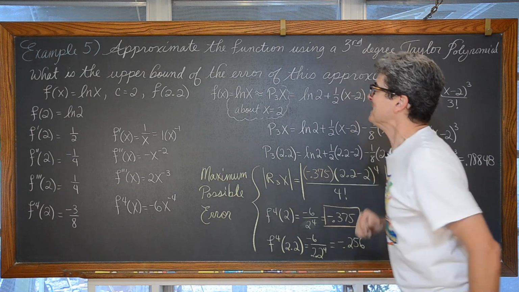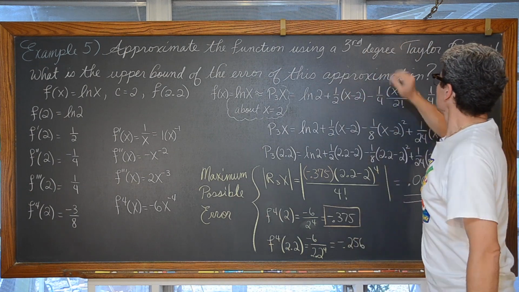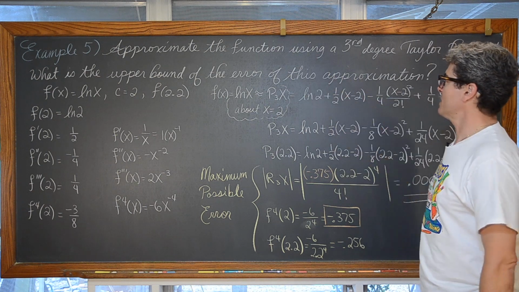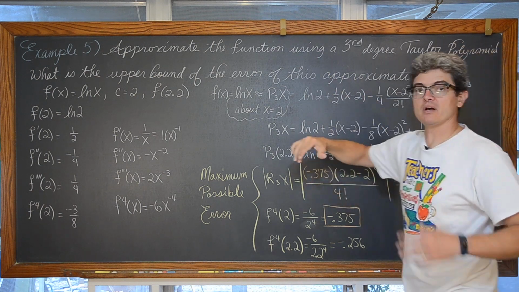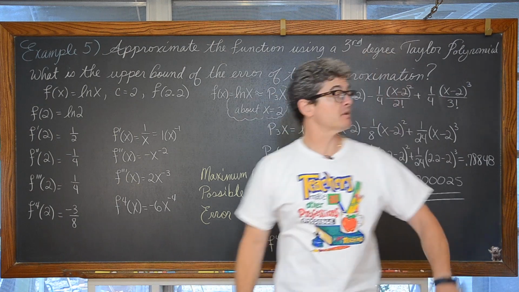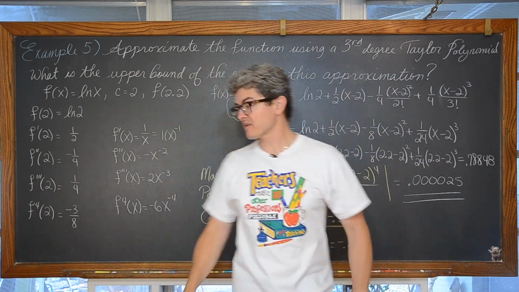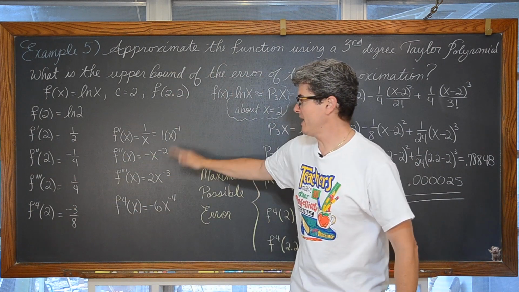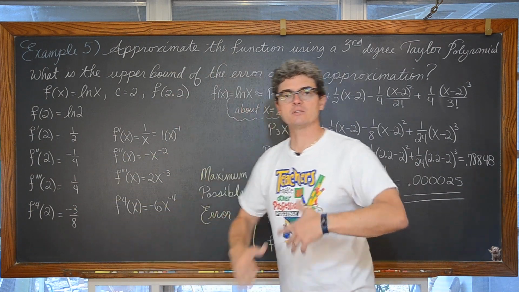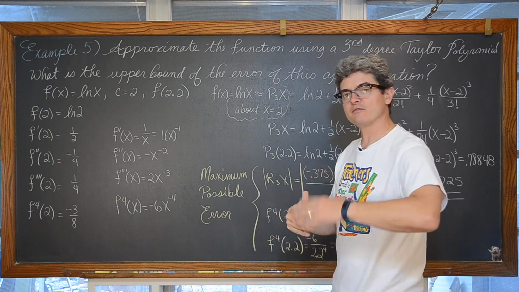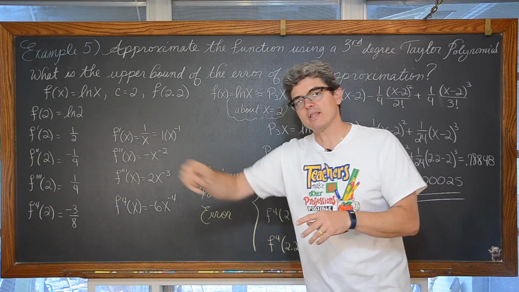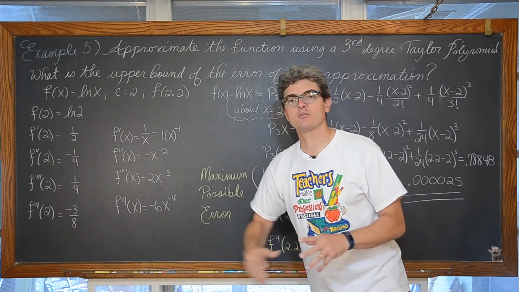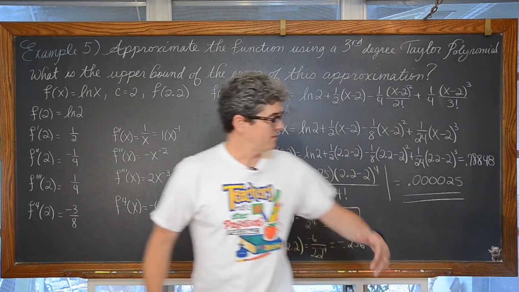Bam! Right? So we were asked to set up a third-degree Taylor polynomial. We were asked what the upper bound of the error of this approximation was. Because we were asked about the upper bound for the error of our approximation, when I went down my list and was working with my derivatives, I went all the way to the fourth derivative, because that remainder is that next term in that addition. So yes, we're using a third-degree Taylor polynomial, but we need that fourth derivative to calculate, as you saw, the maximum possible error.